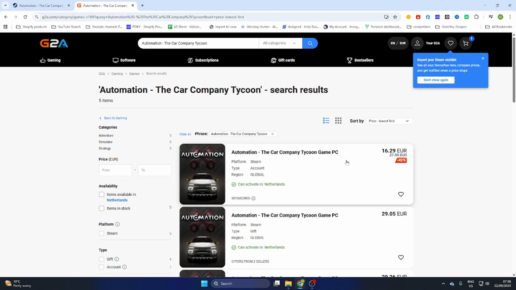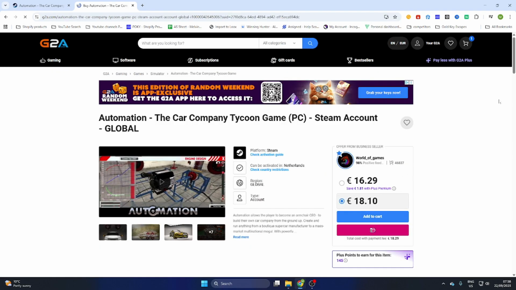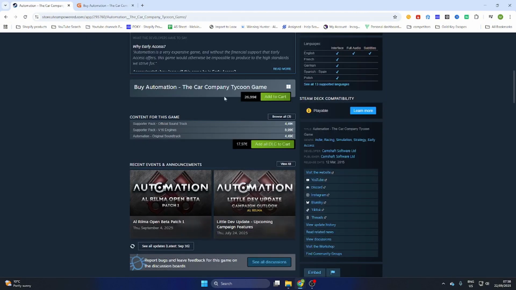Now you will find a PC version which can be activated in our country, so make sure this text is marked green, otherwise it won't work. Now once you have found a version, then select it and open the game page. Now as you can see, we can already download this game for just €16.29 compared to the price on Steam